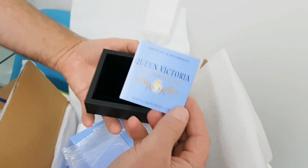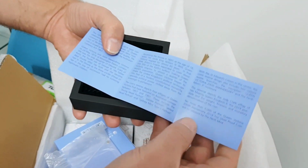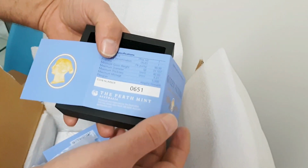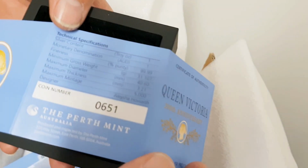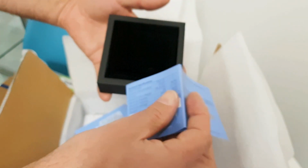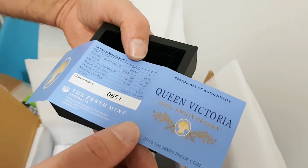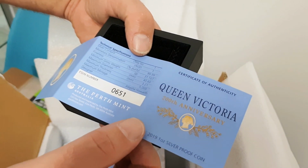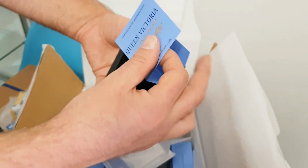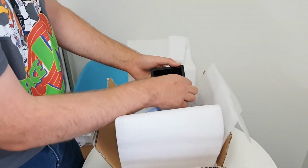So then you've got a certificate of authenticity that will come with a C of A number in here somewhere. Yep. So we can see that it's number 651 of 5,000, this one. Okay. And sorry, what is it, a quarter, did you say? This one, they did produce a gold as well, but this one should be the silver, off the top of my head. Silver, oh, 1 ounce silver. Yep, great. So they are doing a 2 ounce cameo silver one as well. Okay. So, and then on the inside...